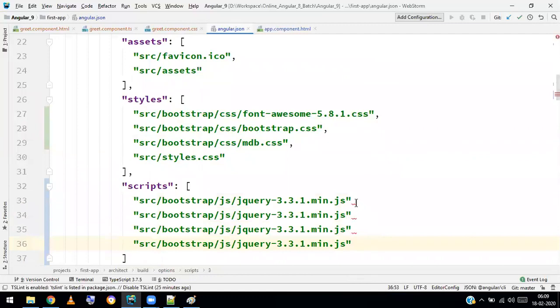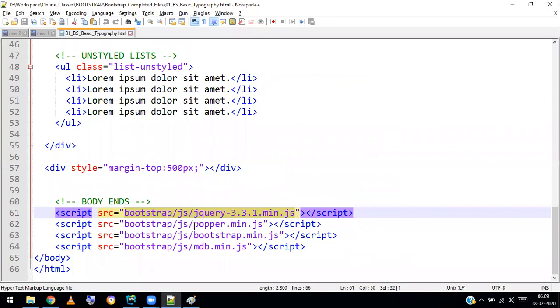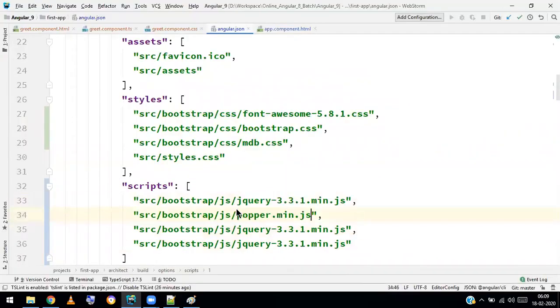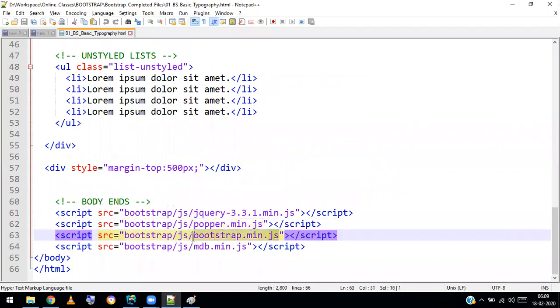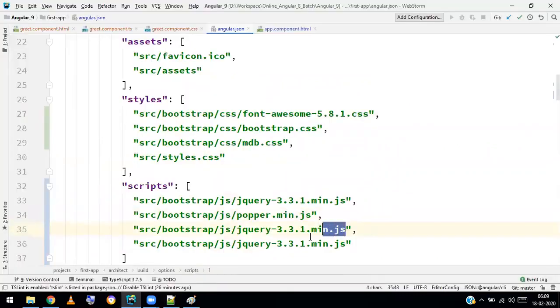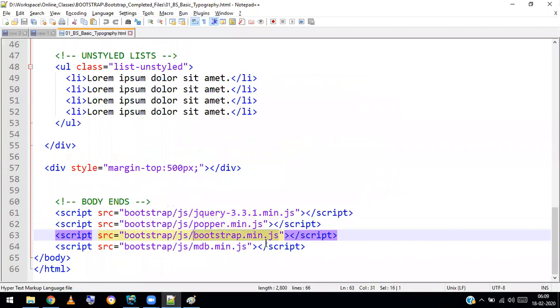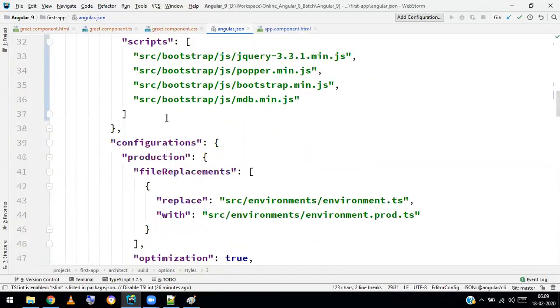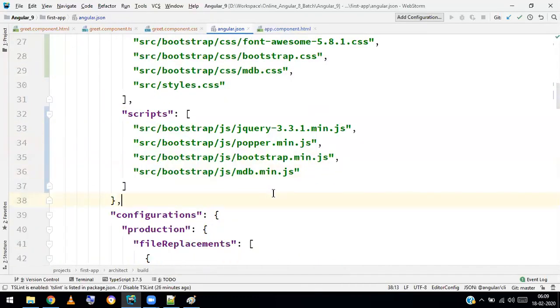Next, you have to make a comma, and then we have popper, bootstrap.min and mdb. So this is the place where you have to do the styles configuration and scripts configuration.